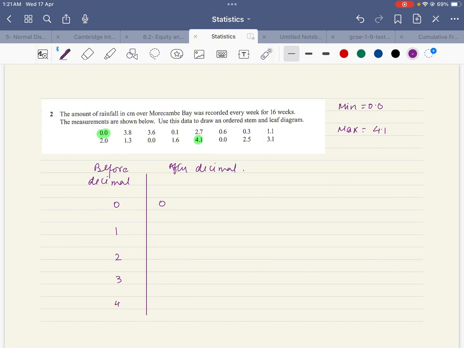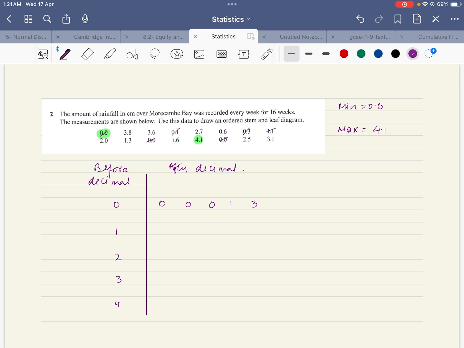0.0 is 0 and 0.1. Then we have 0.3. We have two 0.0s. 0, 0, then 0.1, 0.3. We have three 0.0. I am arranging the data simultaneously. That's why I have to adjust it. So we have 5 values. Let's see if we have been able to cancel 5 values in the table also. 1, 2, 3, 4, 5. Yes. Now let's switch to 1.